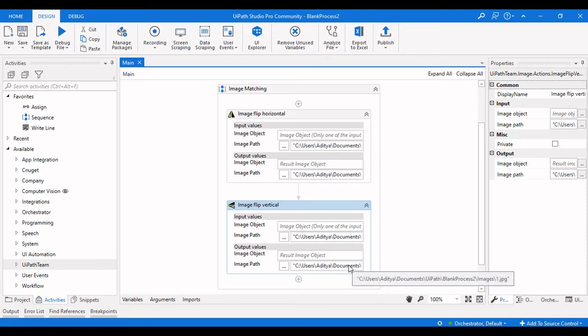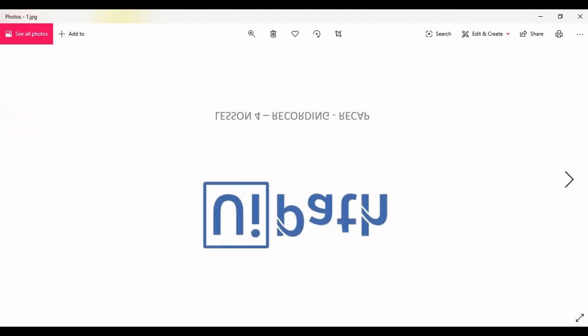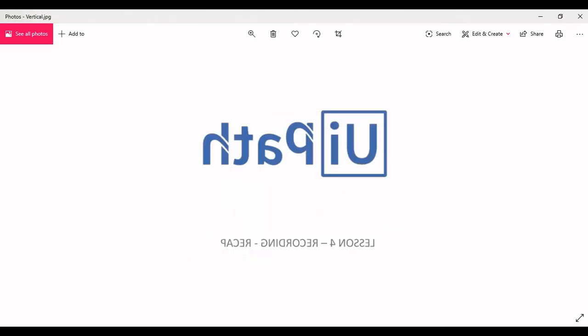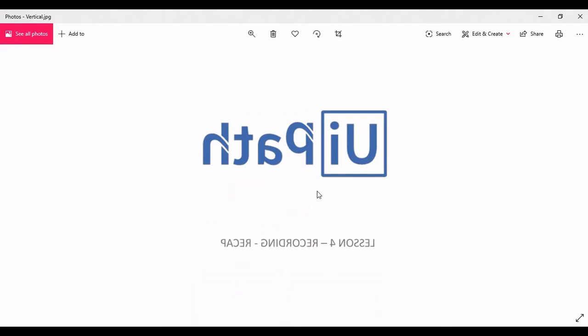I haven't changed this path, so you can see the difference here, one is horizontally flipped and one is vertically flipped. Here you can see it is flipped horizontally and it is flipped vertically.